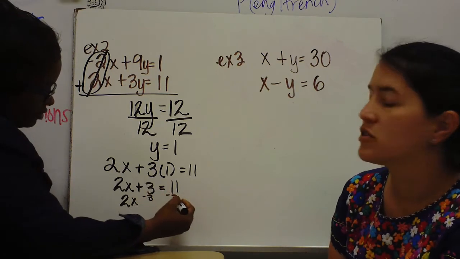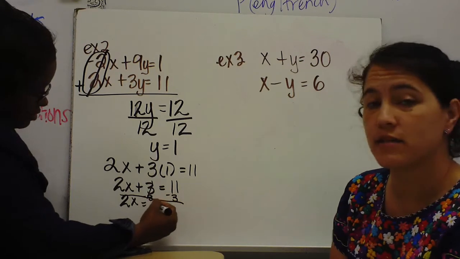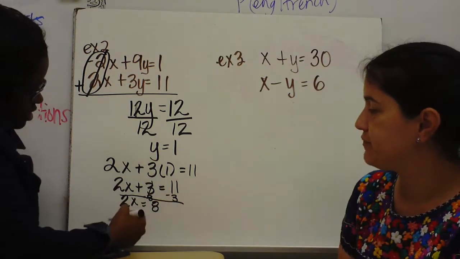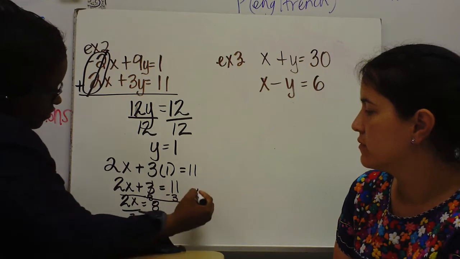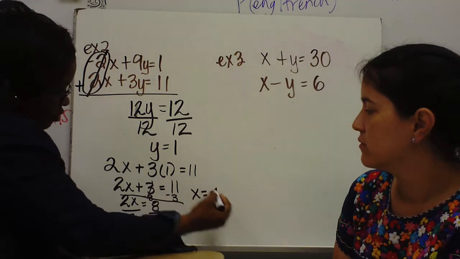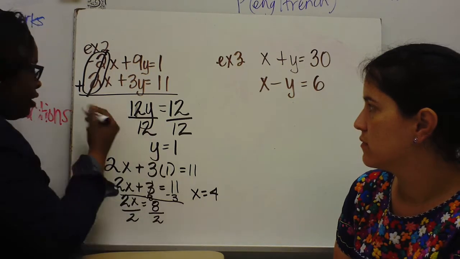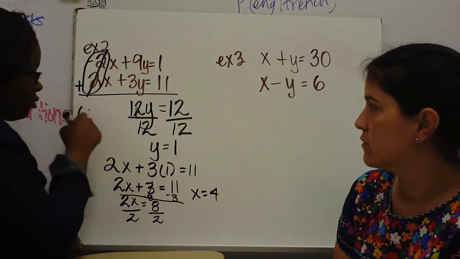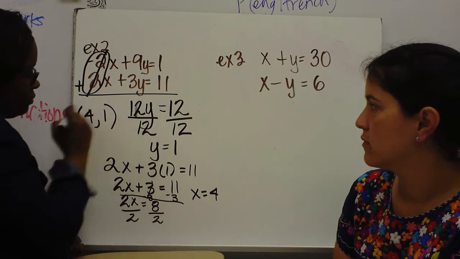My minus 3. You subtract 3 on both sides. And 2x equals 8. 11 minus 3 is 8. And then divide by 2. So you have x equals 4. So I have x equals 4, and I have my y equals, the answer would be, remember x comes first, is 4, comma,